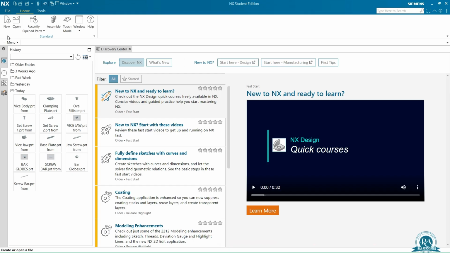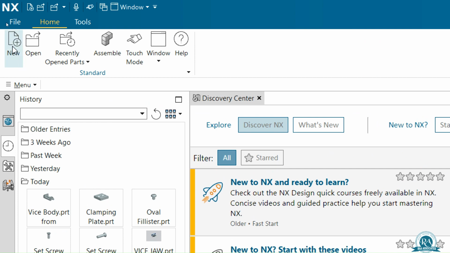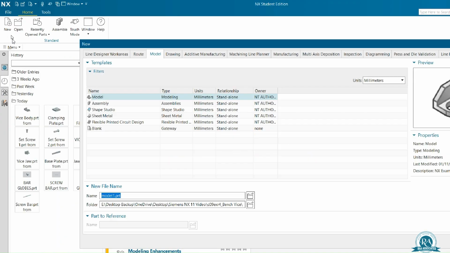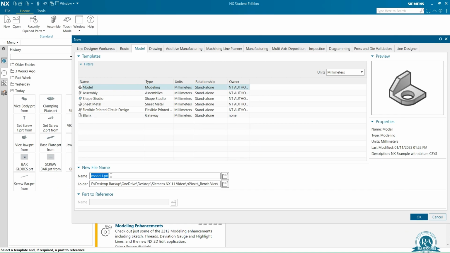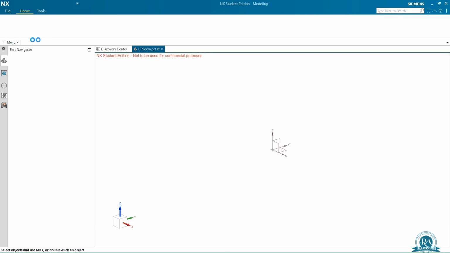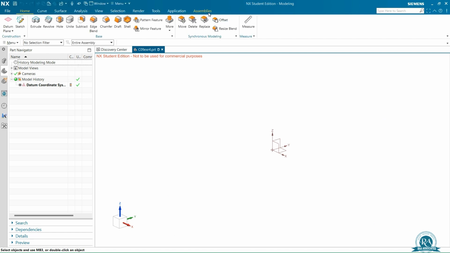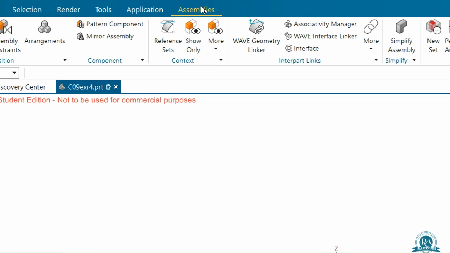Chapter 9, Exercise 4. Create a new file, select model template, enter the name c09exr4, store it in the c09exr4 benchwise folder, say OK. Now select the assembly step,